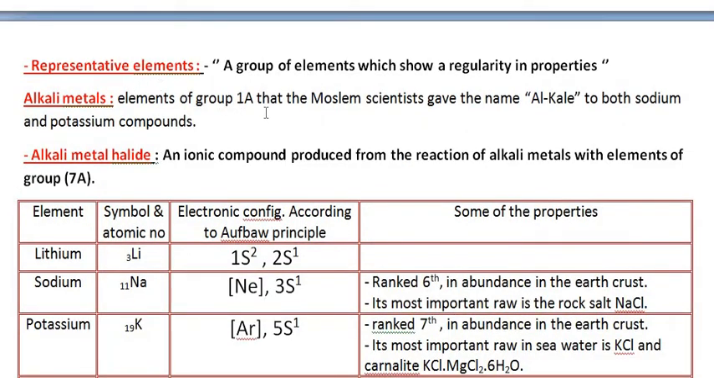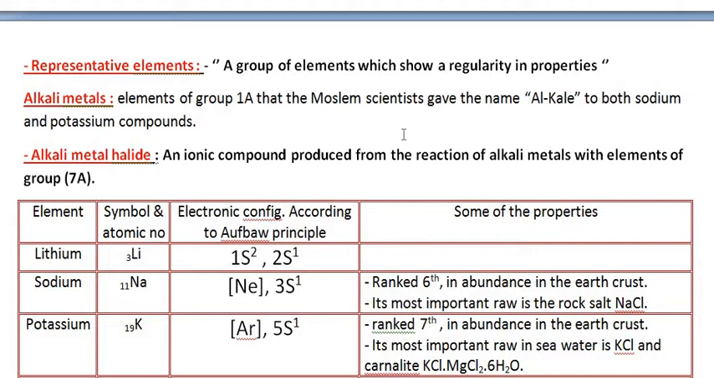What is the representative element? A representative element is a group of elements which show regularity in properties. Elements which show regularity in properties are called representative elements. The alkali metals, group 1A, is called alkali metals. Elements of group 1A that